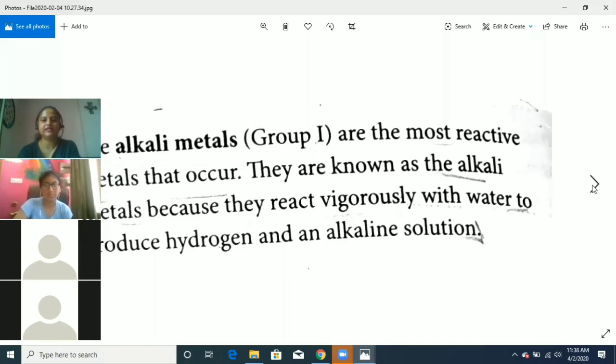So alkali metals and alkaline earth metals, group 1 and group 2 elements, are the most reactive metals. They are soft metals. They can be cut with a knife. And cesium can be cut. Cesium is liquid at room temperature. The melting point of cesium is very low, so it can melt on your palm. When you keep cesium on your palm, it will melt. Okay,